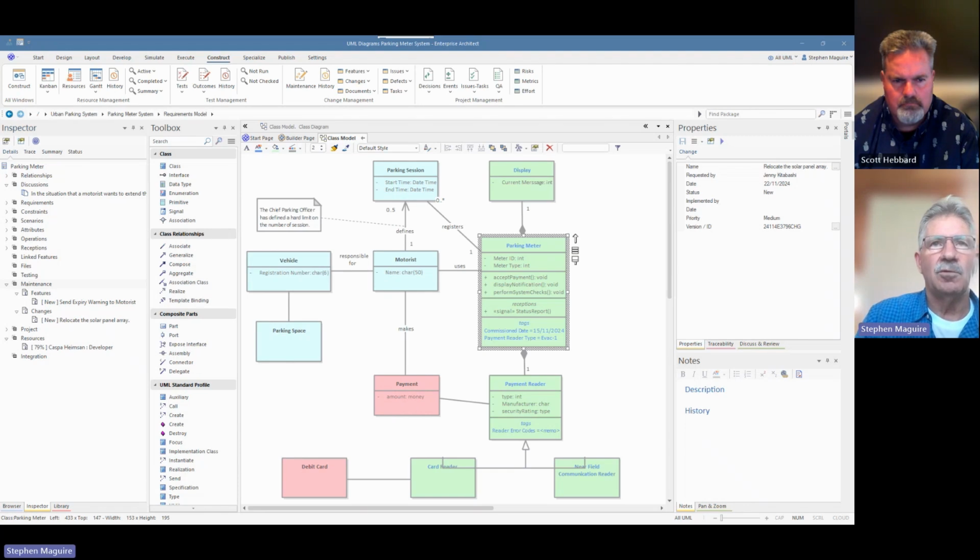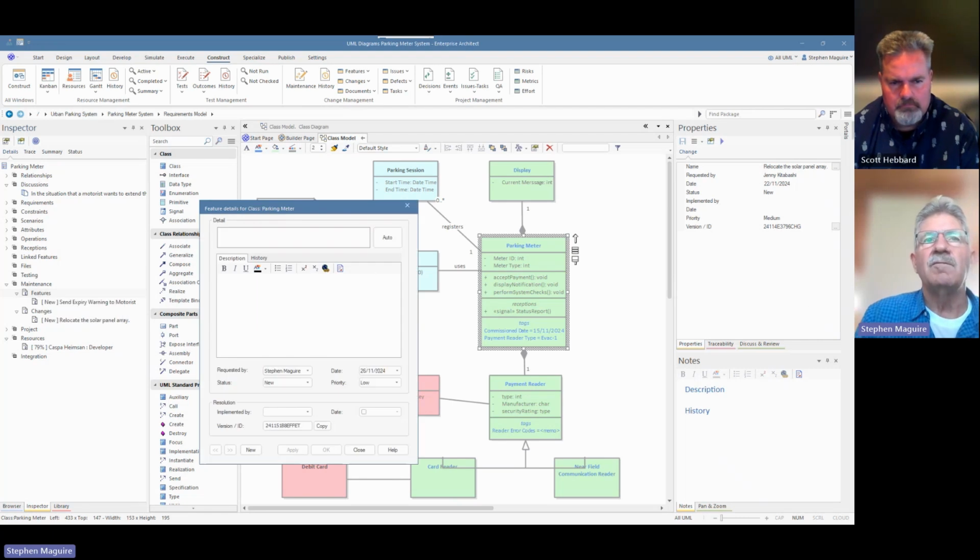Moving around these windows a little bit. So let's create a new feature here, and let's make it the viewable display at angles. So we want to be able to view the display at angles. So we want to be able to see the parking meter if we've just moved it at a slight angle to it. So we can put in that feature,